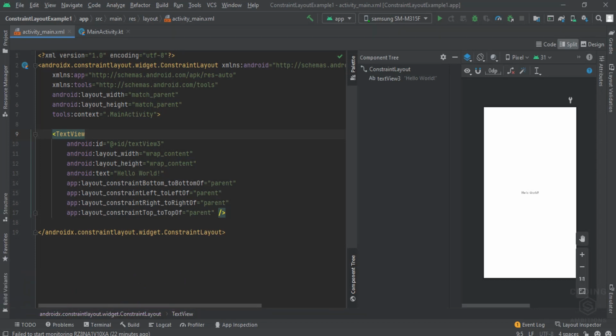Today we will discuss constraint layouts in Android. Constraint layouts are a very basic part of making user interfaces in Android. This is a must-know part because you will use it every day in your